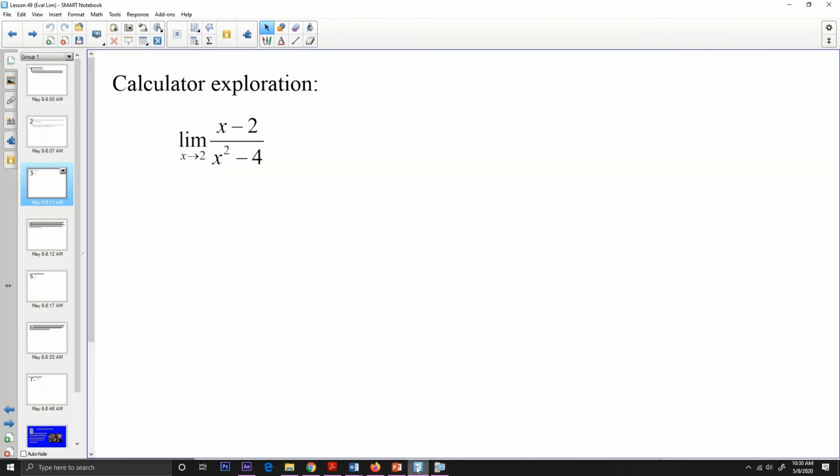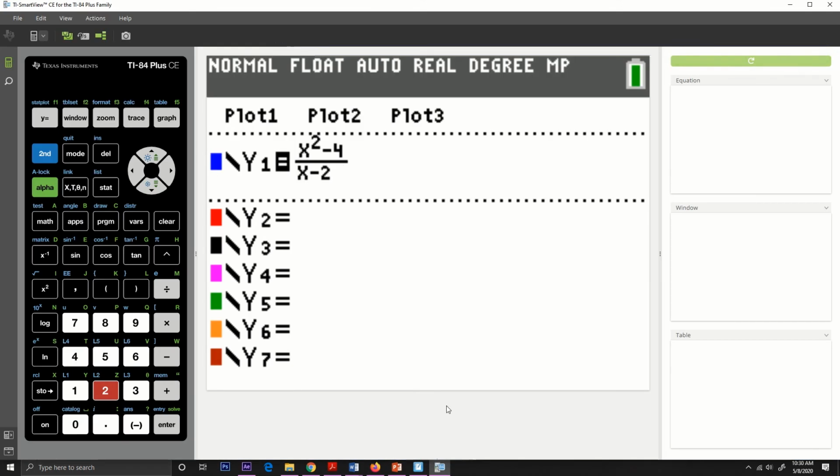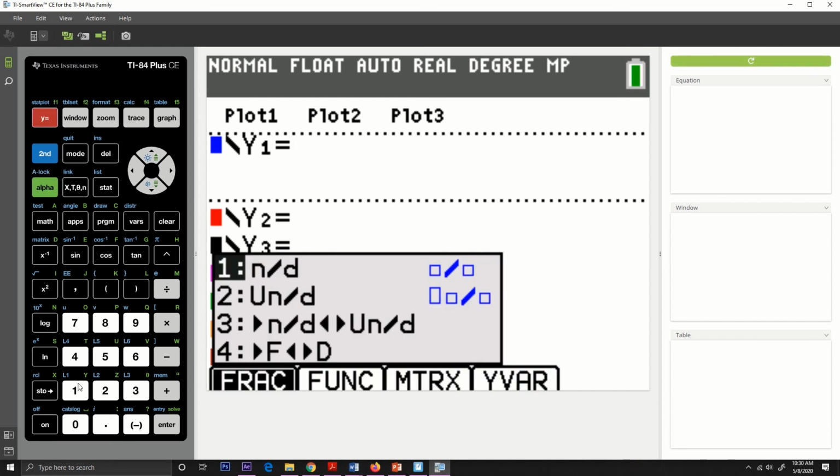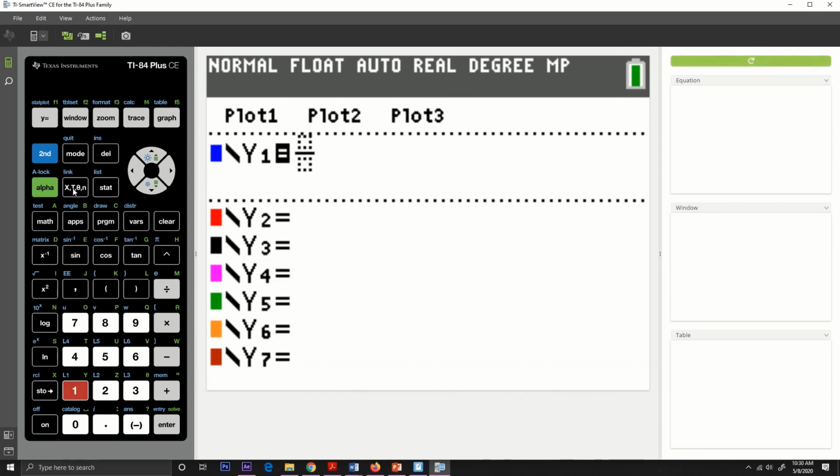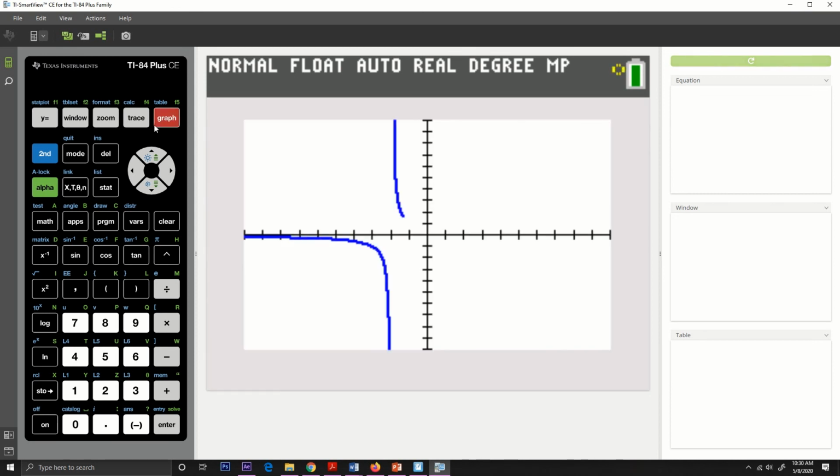Oh, no, I have it backwards. So let's clear this out. We go to our graphing calculator, hit alpha, y equals, put up a fraction, and we have x minus 2 over x squared minus 4. Okay, so if I hit graph on this thing,